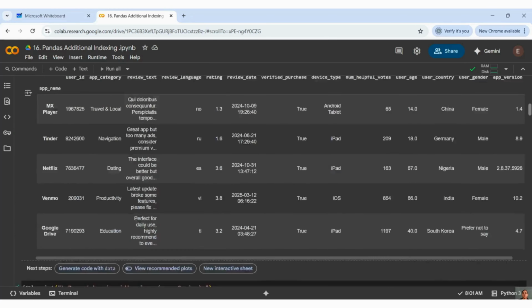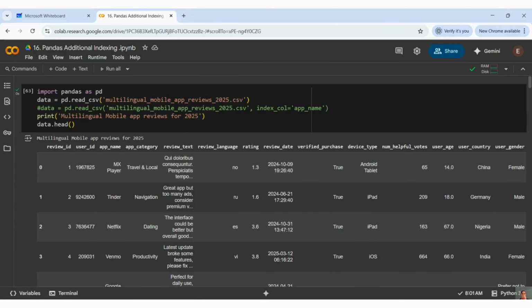These are the different ways of additional indexing and filtering, guys. So we have completed this part. We will go through the other pandas concepts in our upcoming videos. Thank you. That is all for now. We will understand further topics of pandas in our upcoming videos. We have so many other topics left. We will talk about it. Till that time, see you.